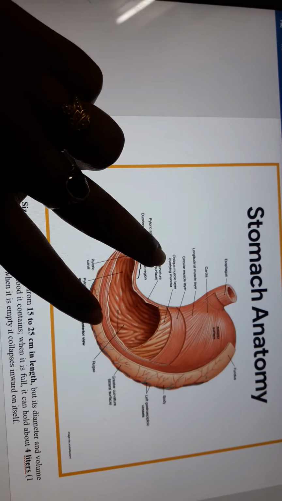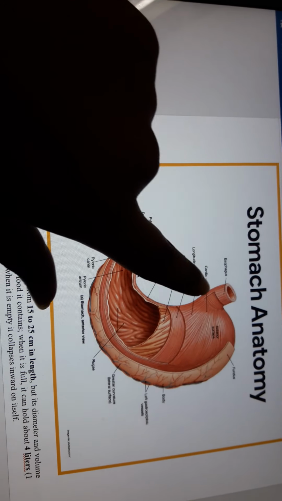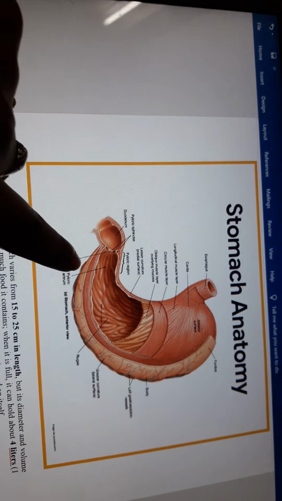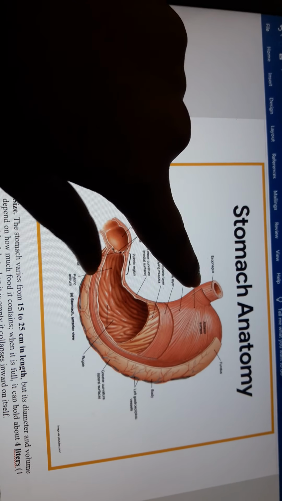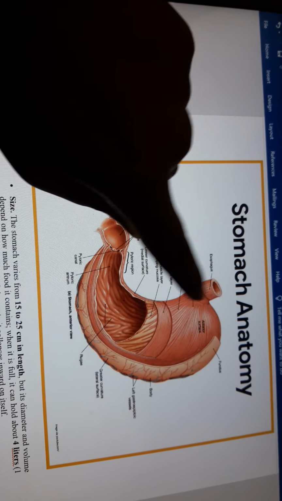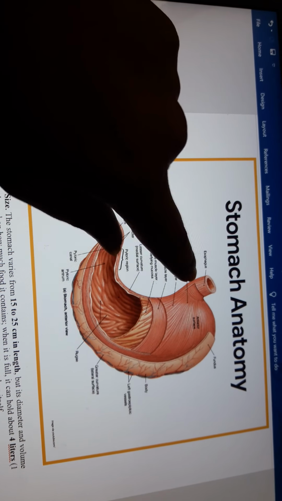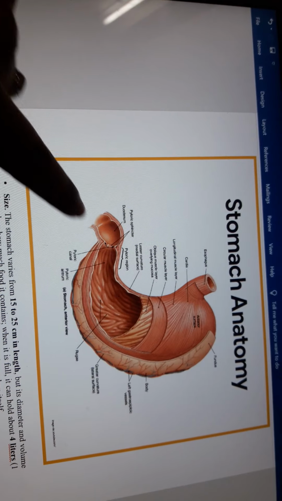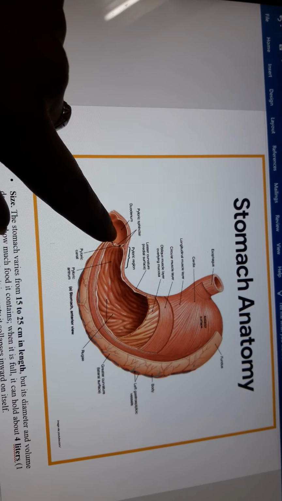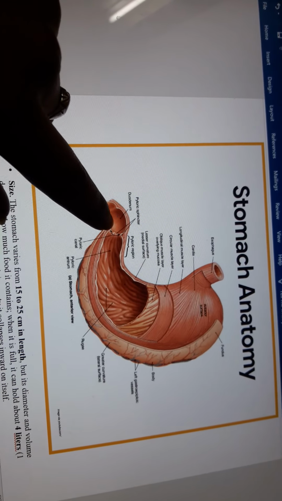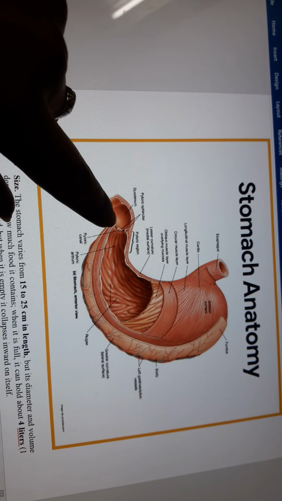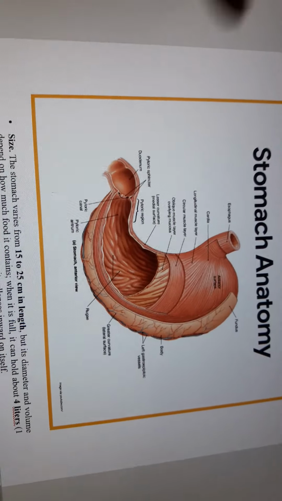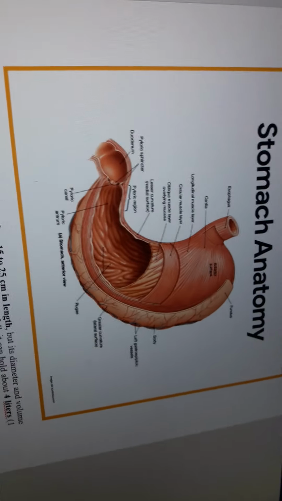The stomach is divided into four parts: cardiac, fundus, body and pylorus. The sphincter muscle which controls the movement of food from the esophagus to the stomach is the cardiac esophageal sphincter. The other muscle, which controls the movement of food from the stomach to the small intestine, is called the pyloric sphincter muscle.